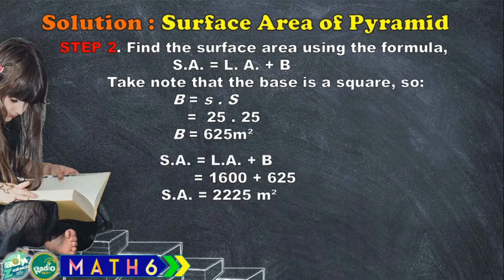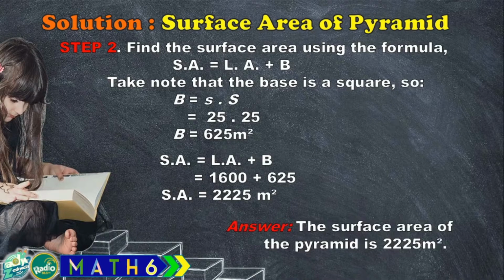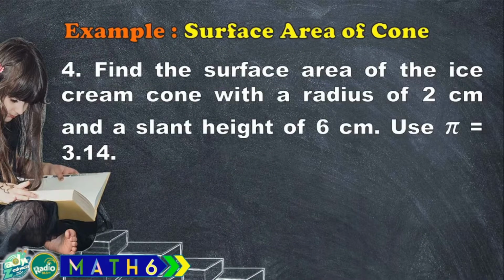So we have surface area equals lateral area plus b. Our lateral area is 1,600 and our base is 625. We add these numbers, then we get the surface area equals 2,225 meters squared. Thus, the surface area of the pyramid is 2,225 meters squared. And for our fourth example, find the surface area of the ice cream cone with a radius